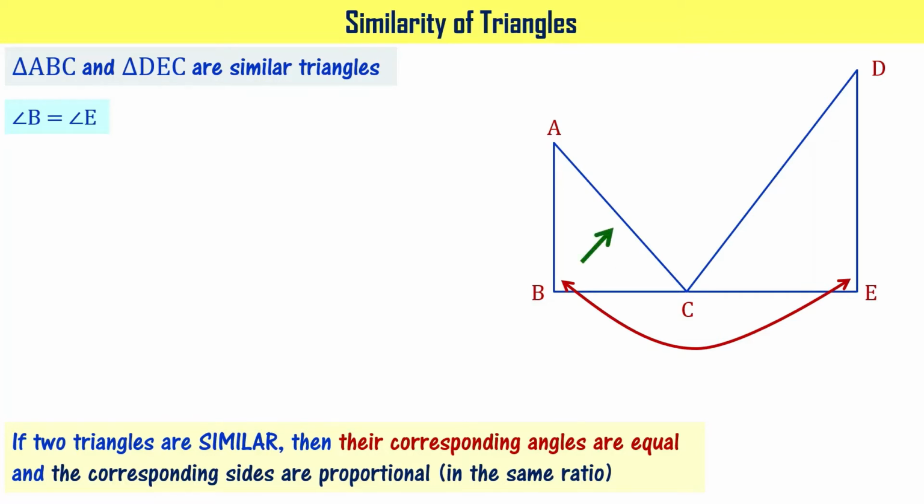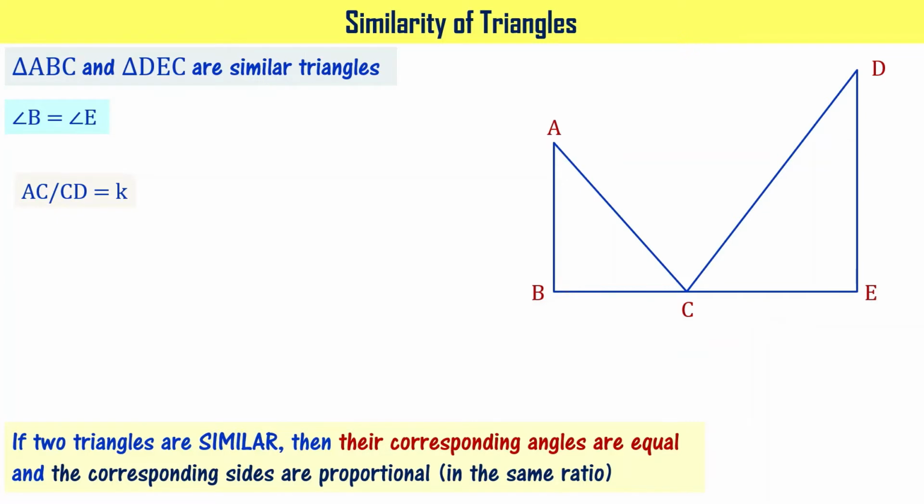The sides opposite to those angles are called corresponding sides. In this particular case, AC and CD are going to be corresponding sides. If you have any doubt about how do I figure out what are corresponding sides, this is the way. You take a look at the corresponding angles and then see what are the opposite sides to those two angles. Those are going to be a pair of corresponding sides. In this case, AC and CD are corresponding sides. Their ratio, I am denoting it using K.